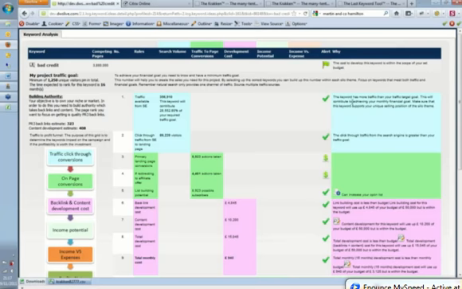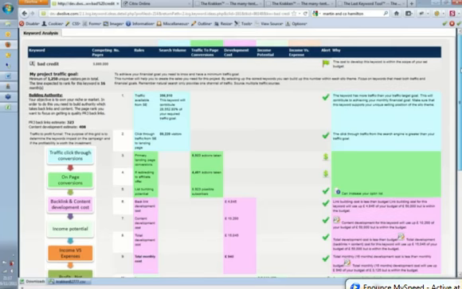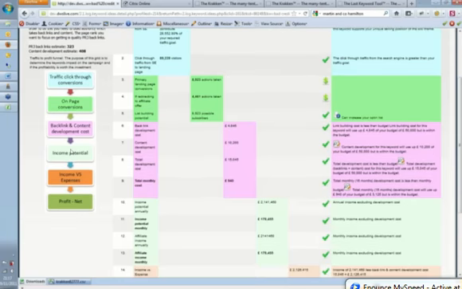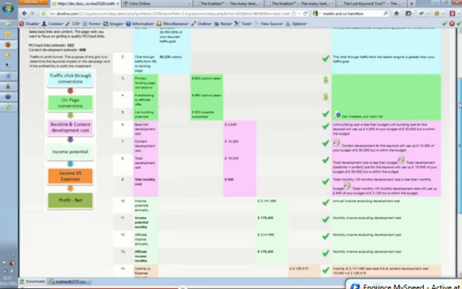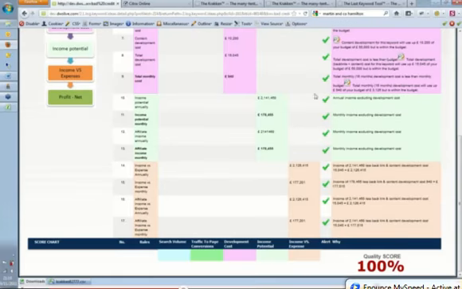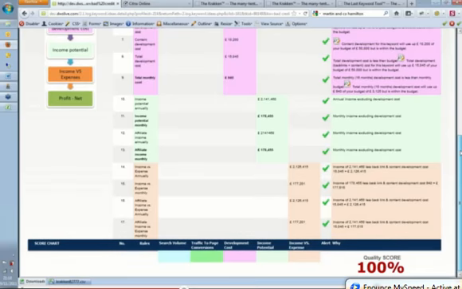And it runs through the traffic to profit sales funnel, and it gives a quality score at the bottom. So what it does is we look at the click-throughs, to the on-page conversions, to the backlink content costs, to the income potential, to the income versus expenses, to profit and net. And we've outlined the headers over here, and we give you the values of what's going to happen. So you can actually look into that keyword and see what happens. And right at the bottom, you get a score, and this keyword's got a really good score. So it's a good keyword because it meets all the criteria for your specific keyword you're looking at.